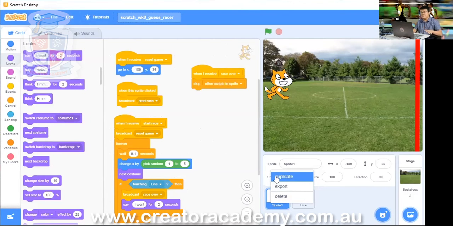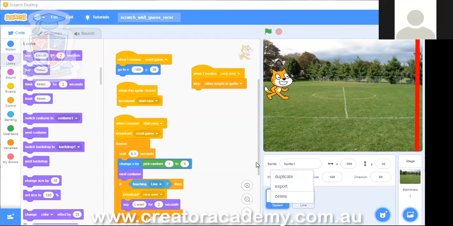Now, I know some people are using a trackpad on their computer. The right click button is either the bottom right corner of your trackpad, or if you're using an Apple computer, you have to click with two fingers on the trackpad. Make sure you can see this duplicate button pop up on the menu. If you can't see the duplicate button, let me know. Raise your hand right now.